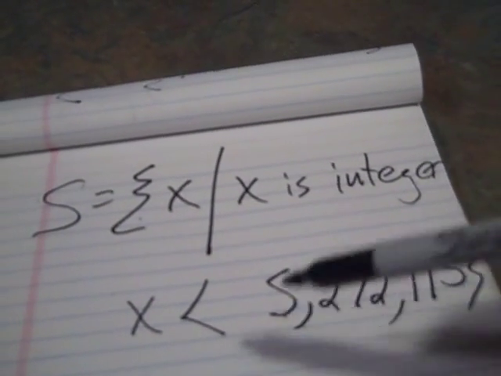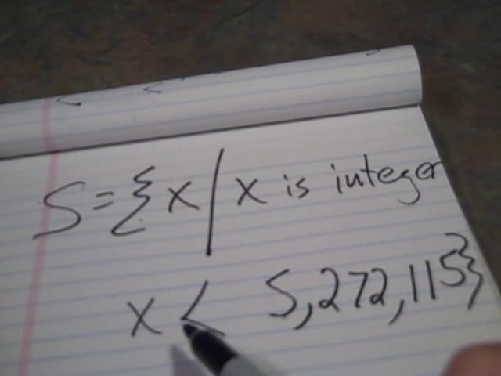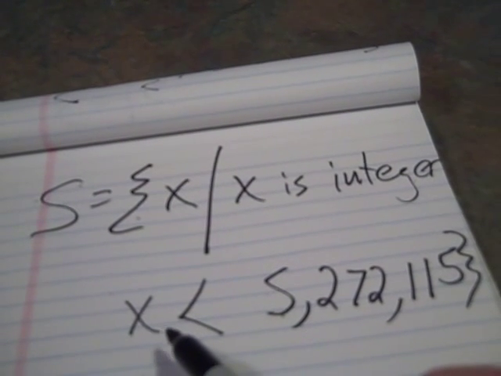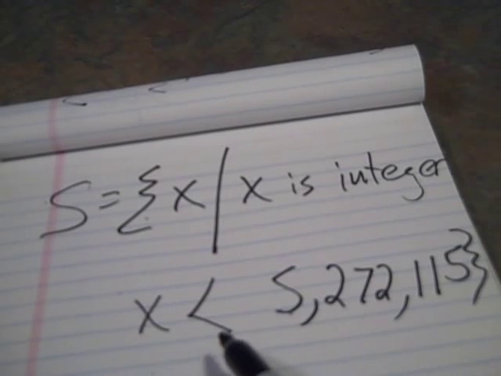So this is now the set of all integers from 1